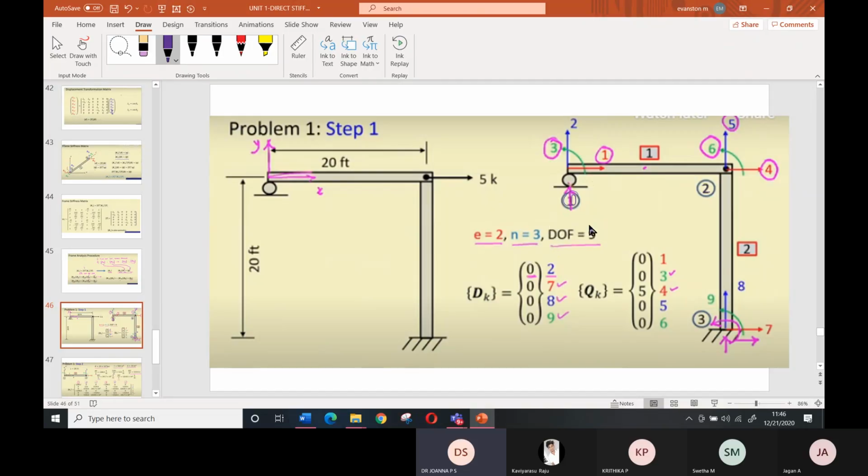That is, suppose this is not restrained, this is also free. So don't get confused, I will include the word possible degree of freedom. Possible. And for this structure, how many degrees of freedom are there? Degree of freedom for this structure is equal to